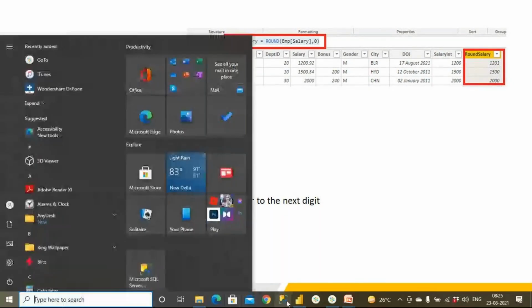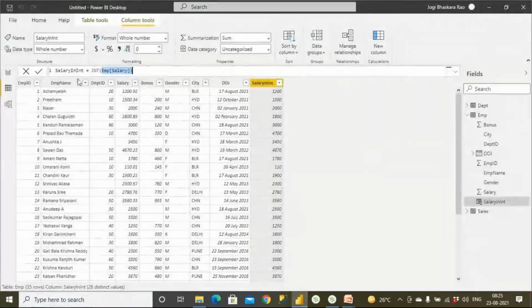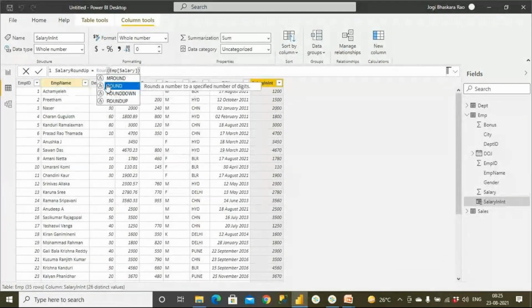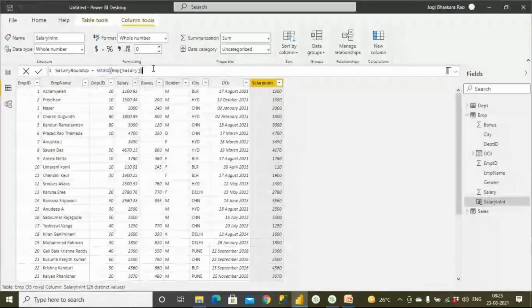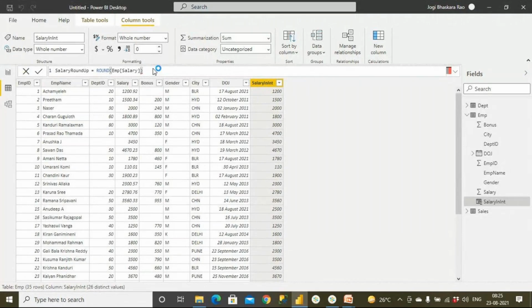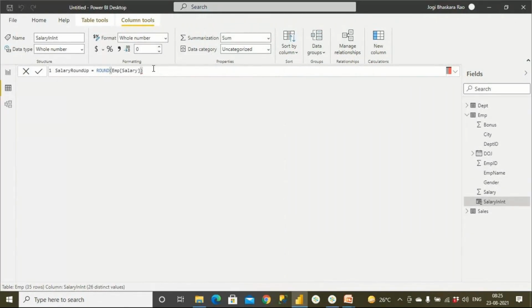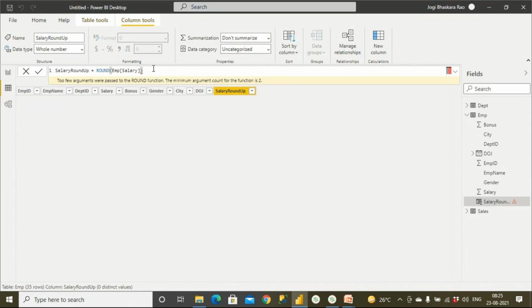Let me quickly go and show you. So salary with round up. Okay, let me go there. So we have the round function. Let me use the round function and press enter. The round function is going to give you, if it is less than 5 after the decimal, I'm talking about after the decimal, if it is less than 5,